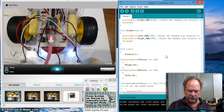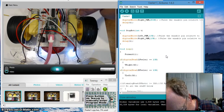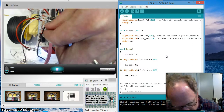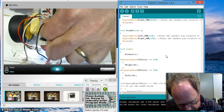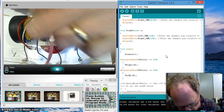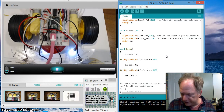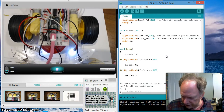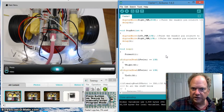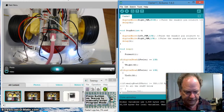Let's see if I did something stupid. What usually happens. And sure enough, I did. You probably can't see it, but with my aging eyes, I've plugged this into the wrong hole. Okay, I had it hooked up into 18, it looks like. Okay, so right now, I should zoom in on that. Well, let's see if it works first. Yep,